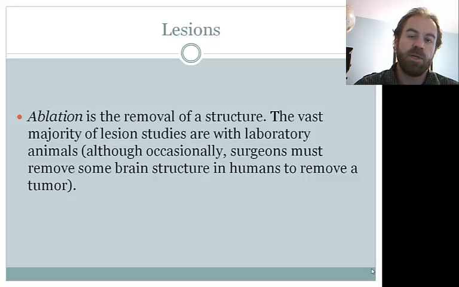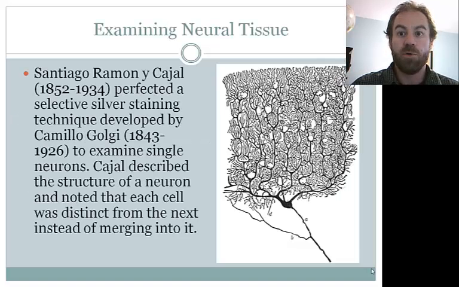For example, we know that removing a portion of a rat's hypothalamus can lead to the rat either losing all desire to eat or to the rat continuing to eat unabated, depending on which part of the hypothalamus is removed. Removing and then staining the neural tissue with a silver nitrate solution has also allowed scientists to observe the structures